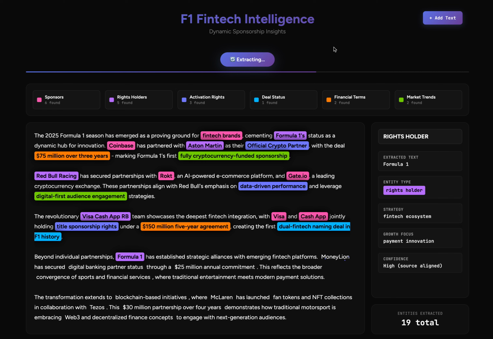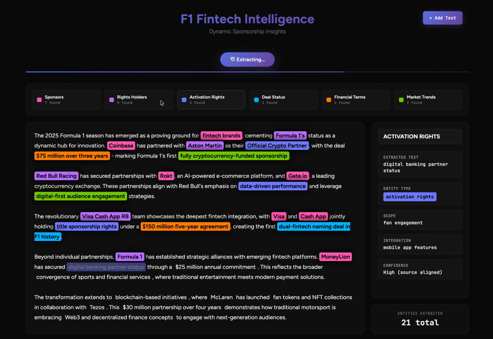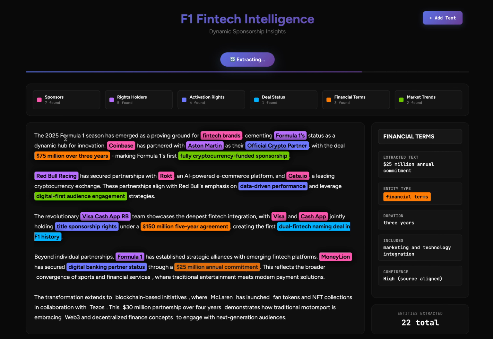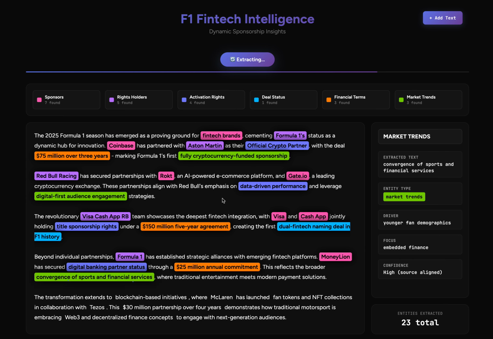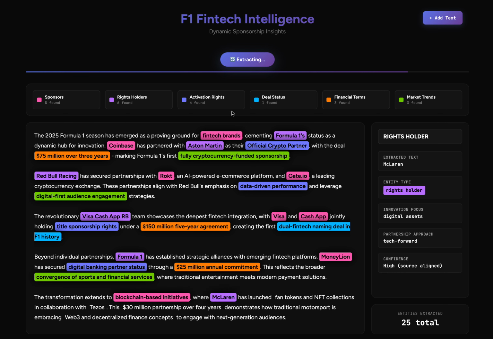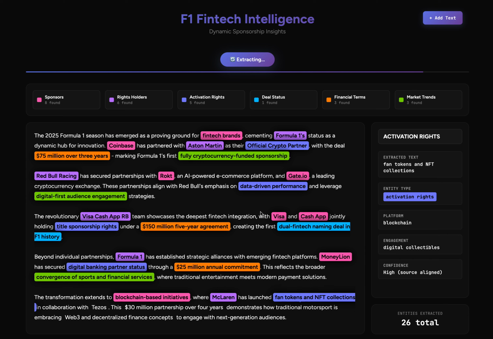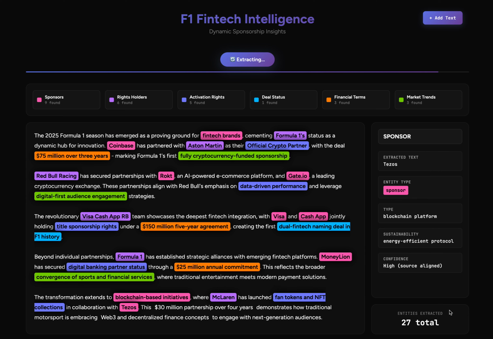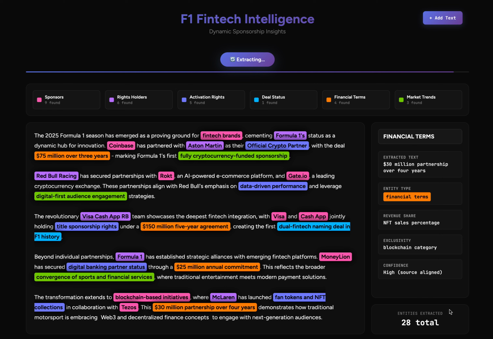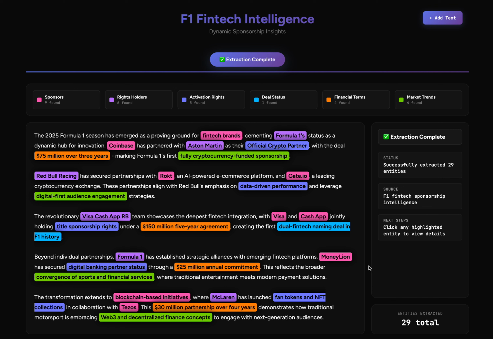So what you see here is basically the entities we're focusing on, sponsors and rights holders, and the detection is running in real time through the text that has been provided, and it's color coded to match the entity, and you can see the counter here in real time, taking into consideration the new entities. So this is it. It's very simple, very straightforward, and you can have it running locally or in your own app and capabilities